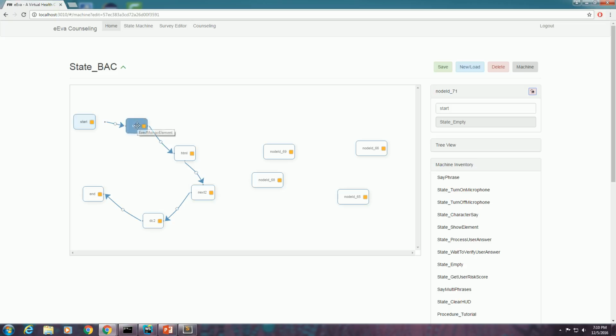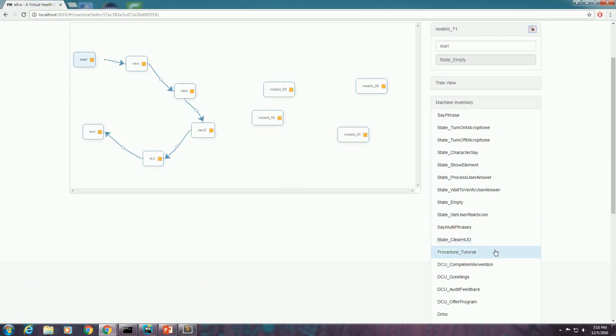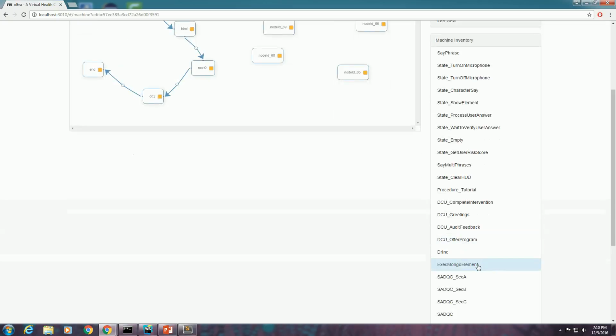Now, these other nodes here are the next buttons. You see, next into an HTML, next into another HTML. This is how you transition between HTML pages on our system. In order to create these were the elements inside the forms. So you're going to go to your machine inventory, click on exec Mongo element, as many nodes as you want